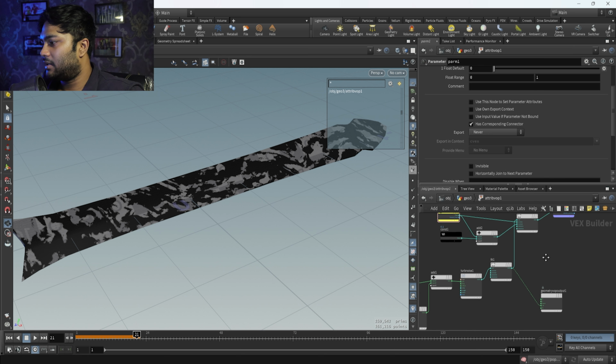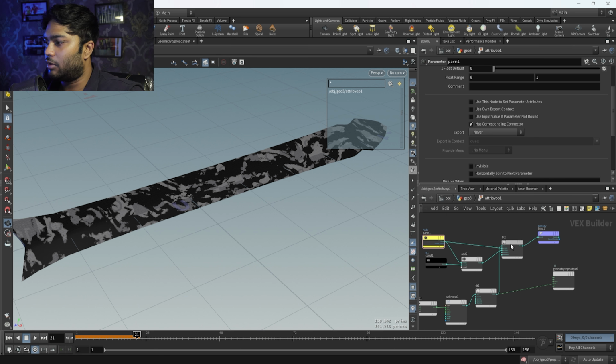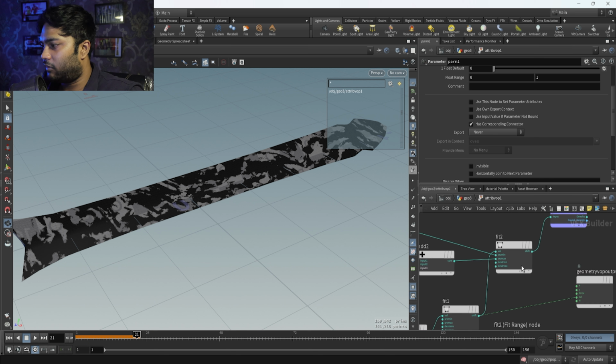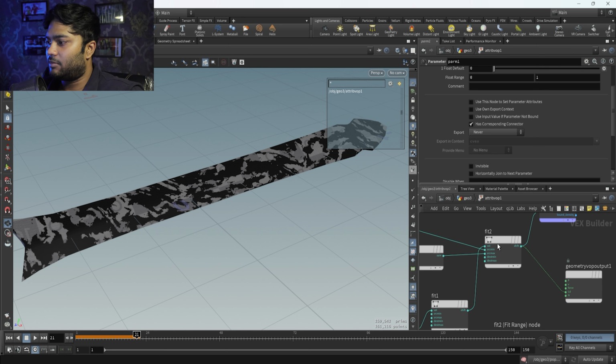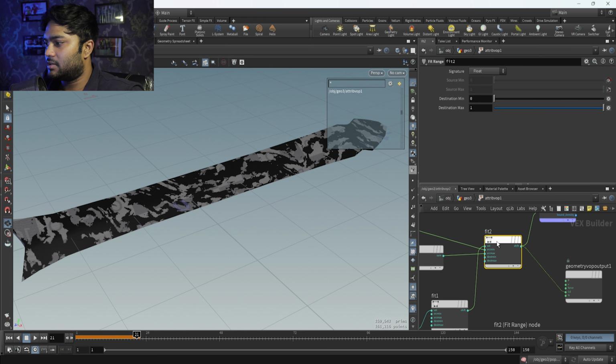After that, what you will see here, you are now going to animate it. First of all, what you have to do now is output that fit range input, you have to output to this CD.